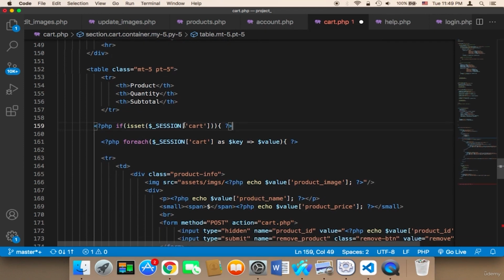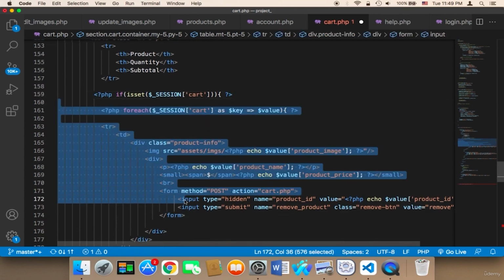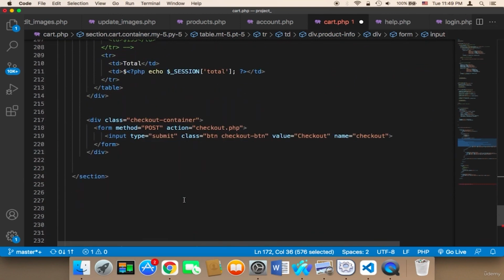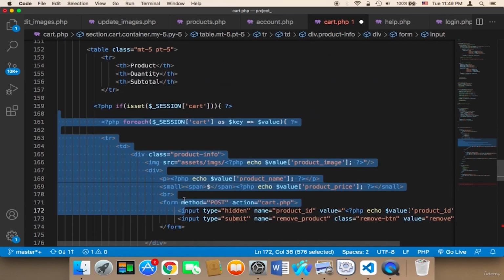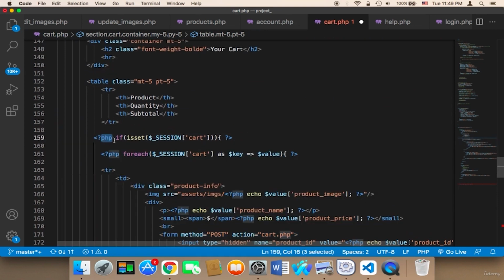If the session cart is set, then we execute the foreach and display the products, and then at the end, specifically here, I added the code just inside the table and above the